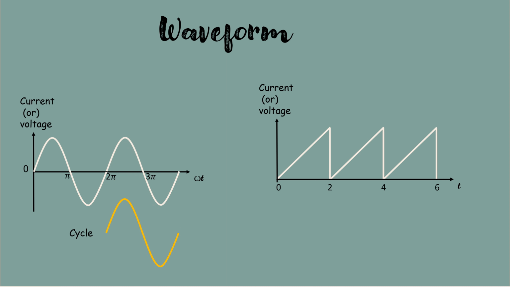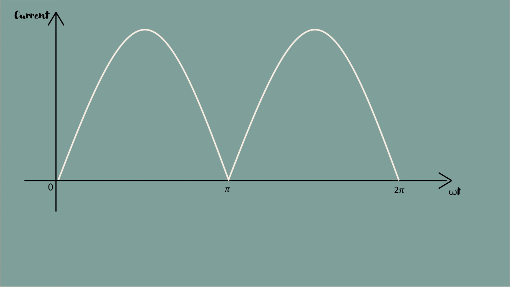Similarly, in the sawtooth waveform, the region between 0 to 2 seconds is regularly repeated. Therefore, this region is called the cycle of the sawtooth waveform. Time taken to complete one full cycle is called the period. Let's consider this waveform. The region between 0 to pi is the cycle of this waveform because this region is